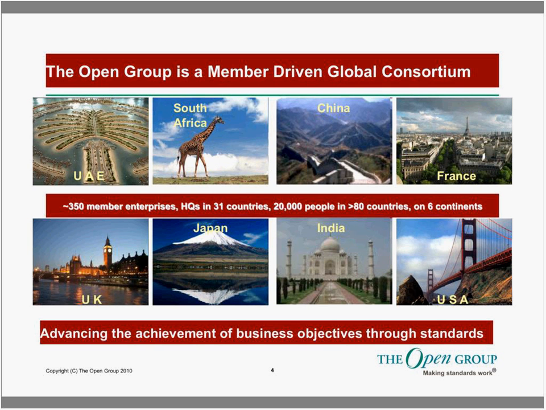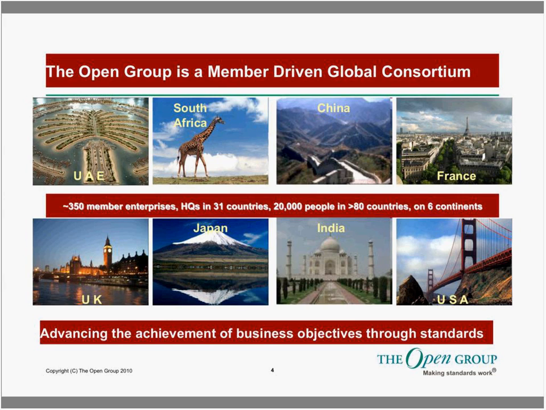So what is the Open Group? It's a member-driven global consortium of suppliers, customers, and academia that come together. There are approximately 350 member enterprises, which continues to increase, with 31 headquarters in different countries for these companies. Across the collaboration activities that go on within the Open Group, 20,000 people across 80 countries are engaged with the various forums, developing standards and developing product. As I said before, it's a member-driven organization.